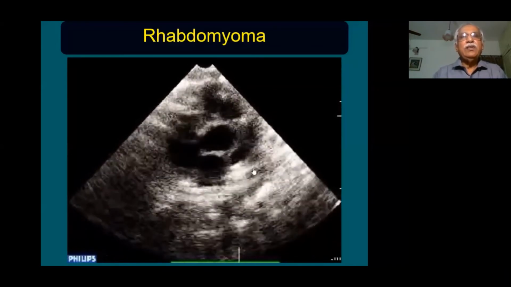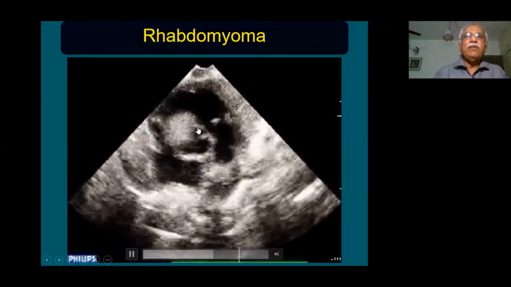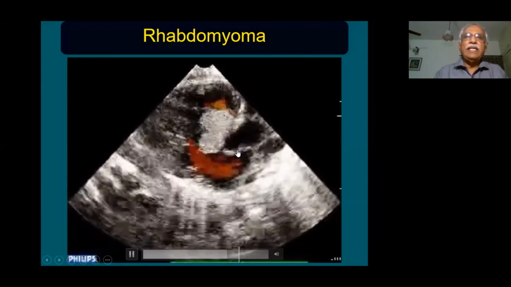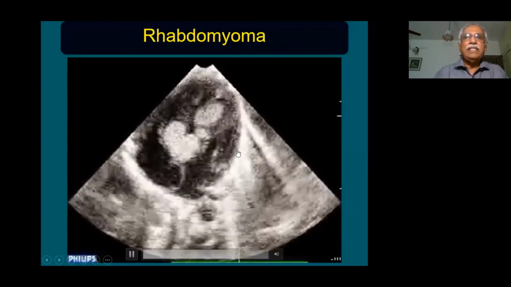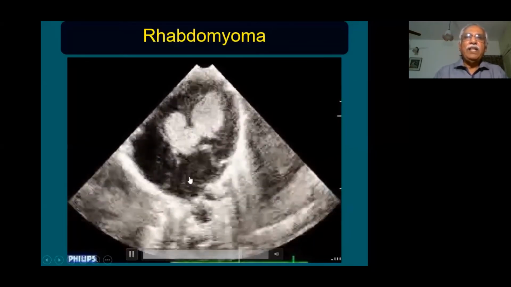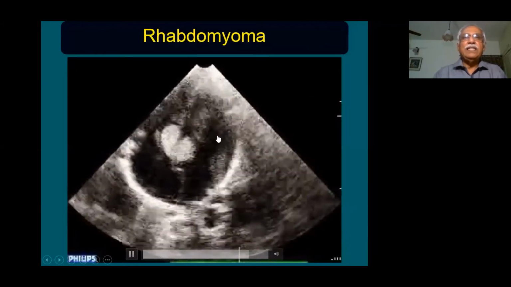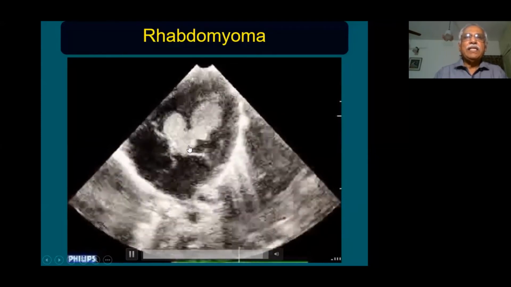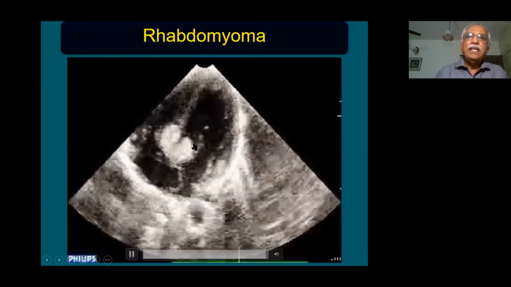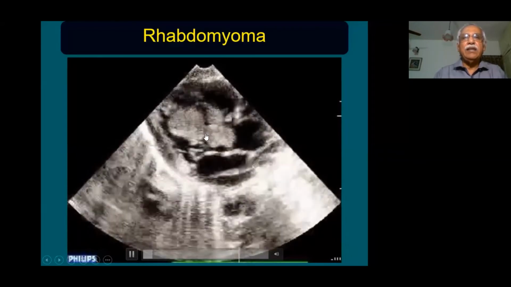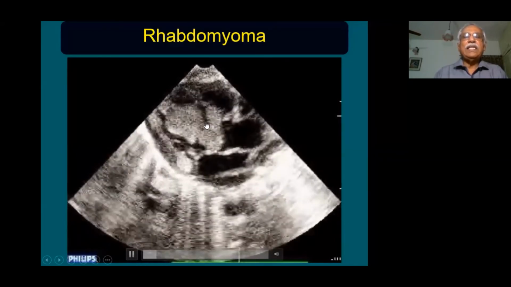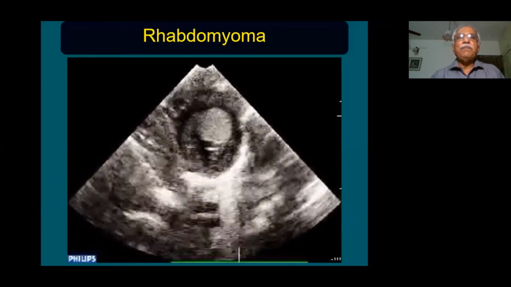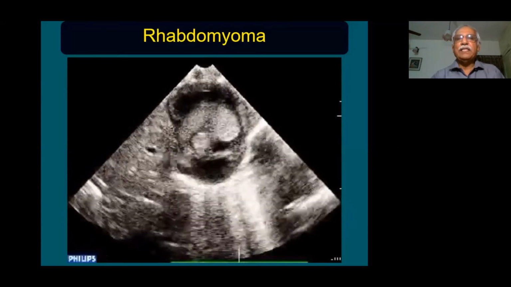It works both ways. Whenever you see a patient with tuberous sclerosis, you have to do an echocardiogram to find out whether there are any masses inside the heart. If there is a mass, then it is likely to be a rhabdomyoma. And whenever there is a rhabdomyoma, on the reverse, you have to look for the presence of tuberous sclerosis. The only thing is sometimes it can produce obstruction and cardiac arrhythmias, in which case it will need surgical removal. Otherwise, there are a number of cases reported in the literature where, when they follow up the patient, the tumor actually disappears.